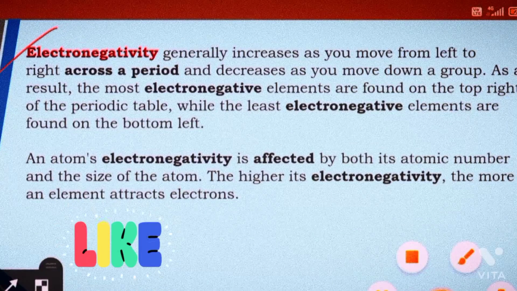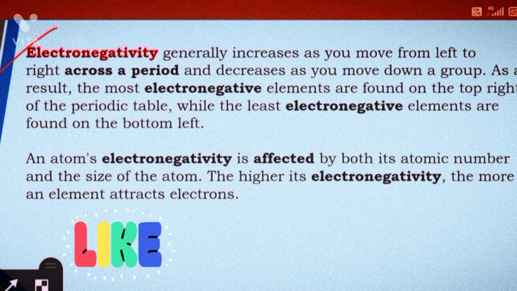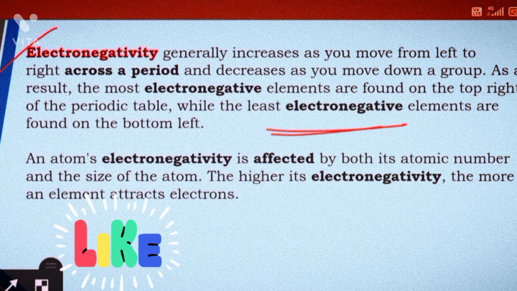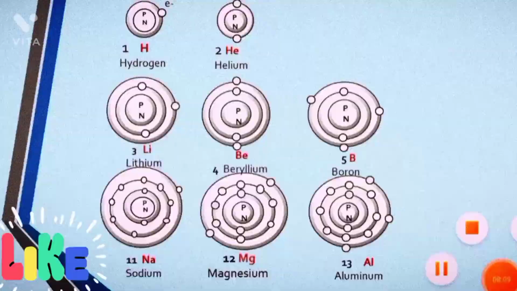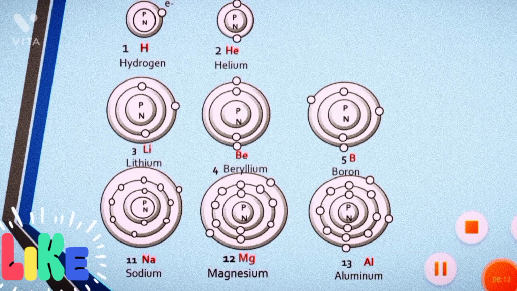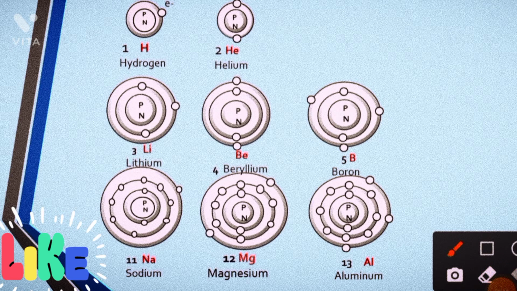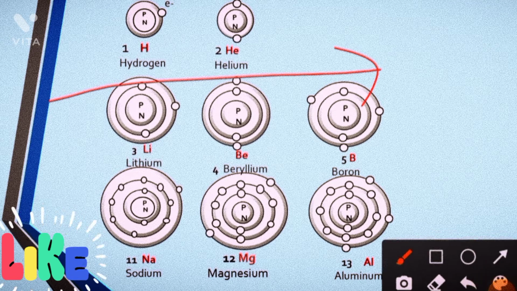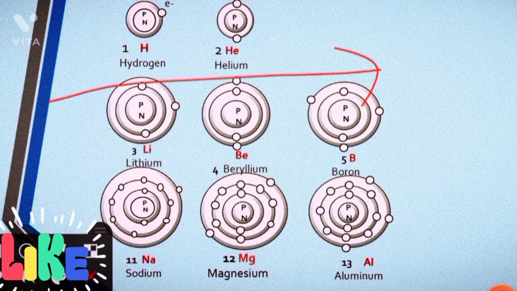On the other hand, non-metals are electronegative. Why are they electronegative? Because they gain electrons. This electronegativity increases when we move left to right. When we move left to right, the number of electrons in the outermost shell increases. Comparing lithium, beryllium, and boron, boron has more electrons in the outermost shell. And I told you, when more electrons are there, ionization energy is more. So it is difficult for the atom to donate the electron, and the atom will try to gain electrons to form a bond.